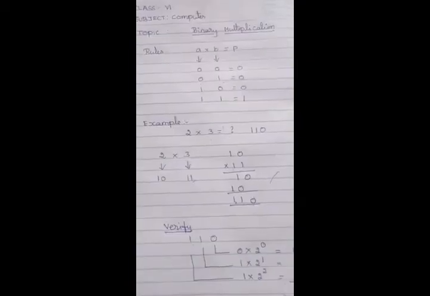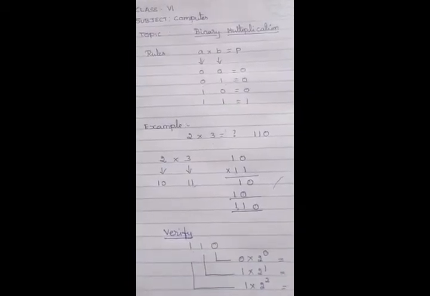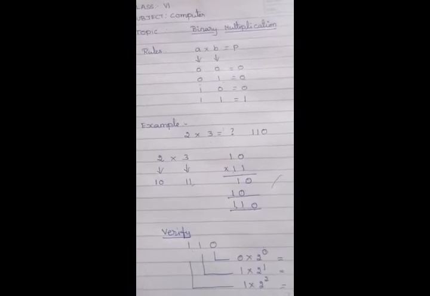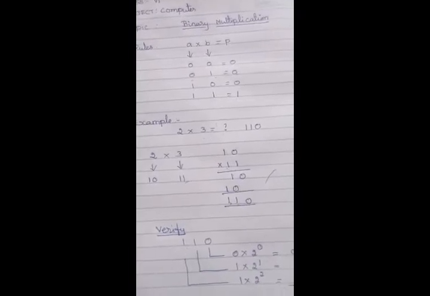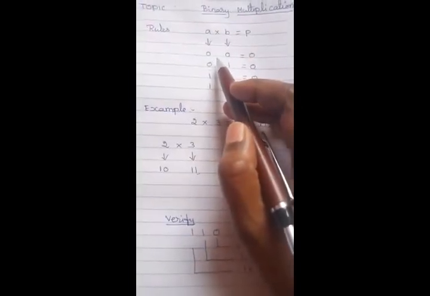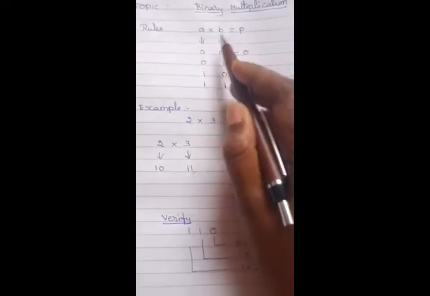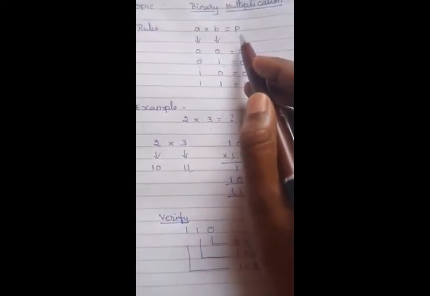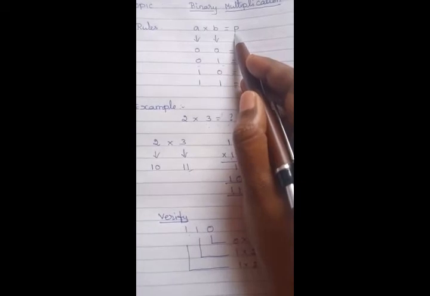Thank you. Good afternoon students. I hope binary addition and subtraction is now clear to you. Let's come to the next operation, binary multiplication. Again for binary multiplication, we need to follow some rules. If we have two numbers A into B which need to be multiplied, we get the product P.